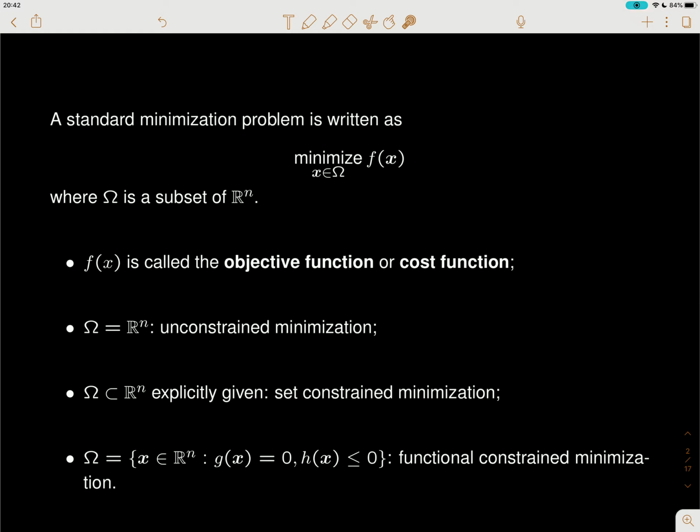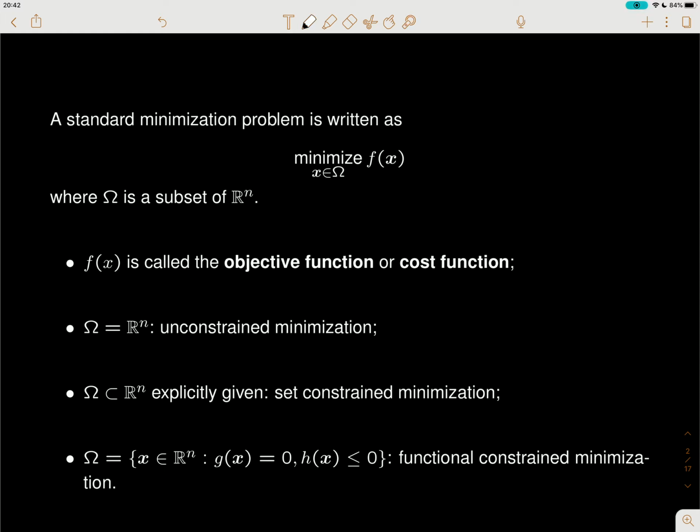So this f is a function from omega to the set of real numbers. This omega is a subset of the n-dimensional Euclidean space. This n is the number of variables in x, so it's also the dimension of x. So in practice, our n can be very large, but let's just think about what you probably have seen before,